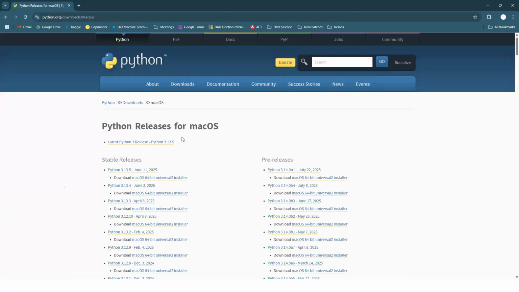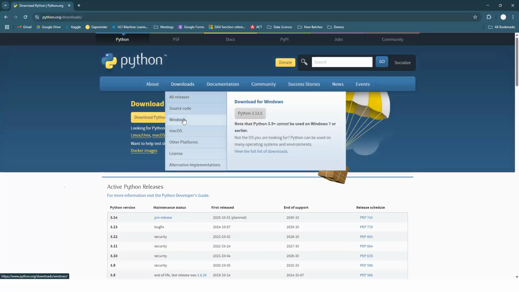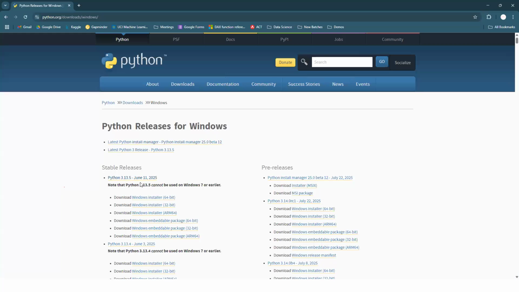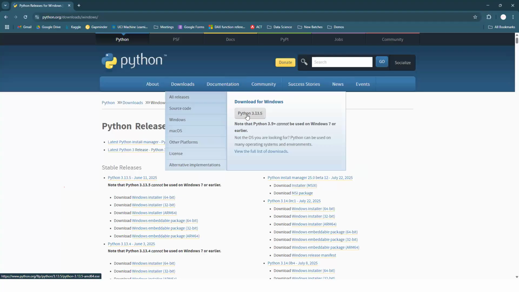If you are using a Mac, go to Mac and install it. Whichever operating system you are using, download the latest version and install it. Everything is very easy, anyone can install the software, so please complete your installation.